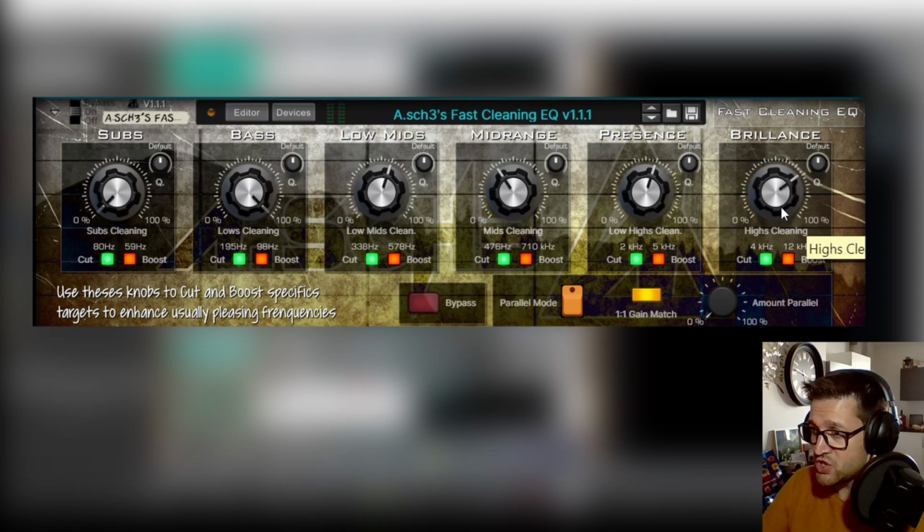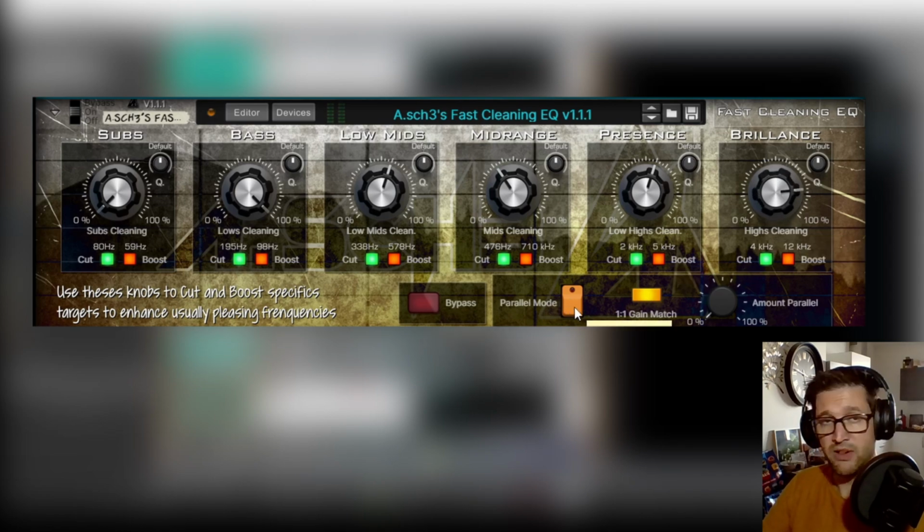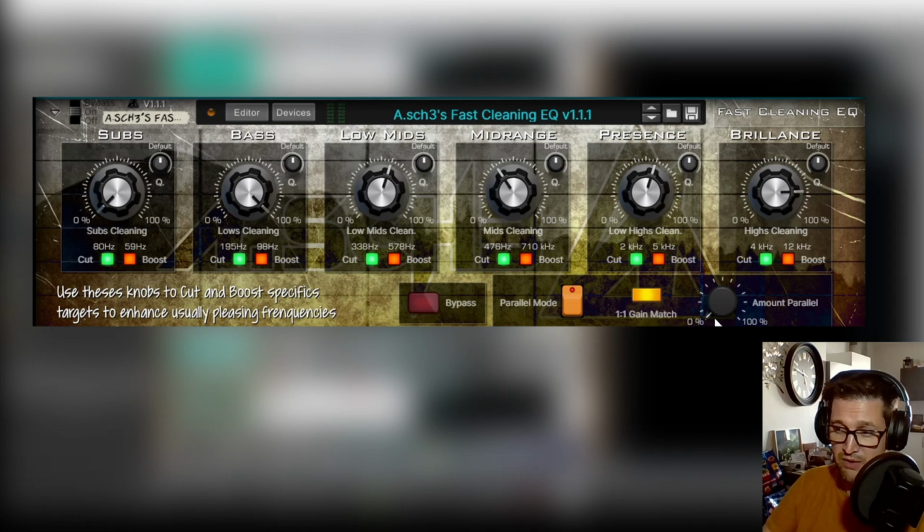Let's illustrate what it does when you bring in the parallel mode. So we have our sound shaped, and if we enable the parallel mode, it will remove all the effect at once, because we have the amount of parallel at 0%. So let's enable the parallel mode while it's playing. So now we are back to the default position. If we bypass,